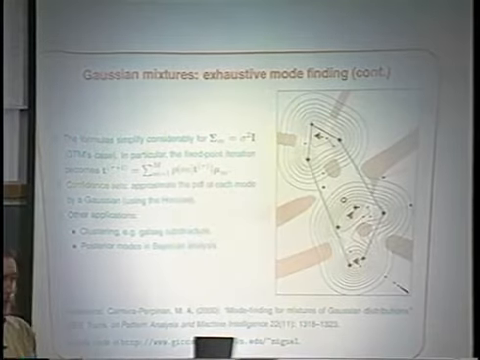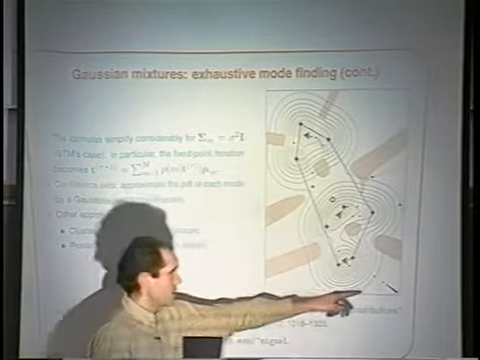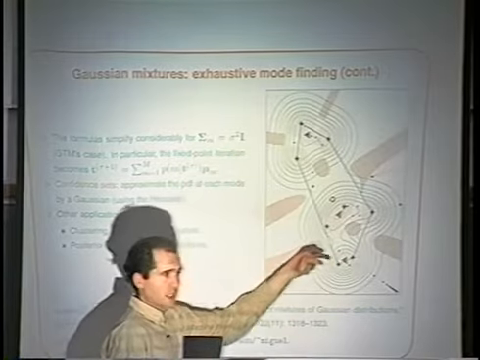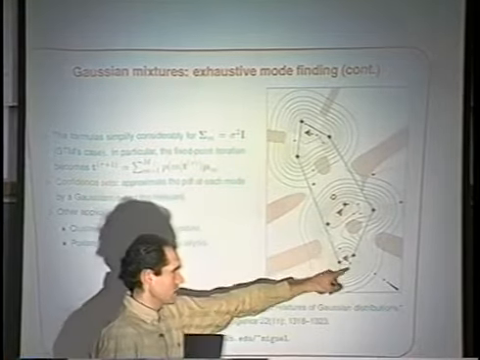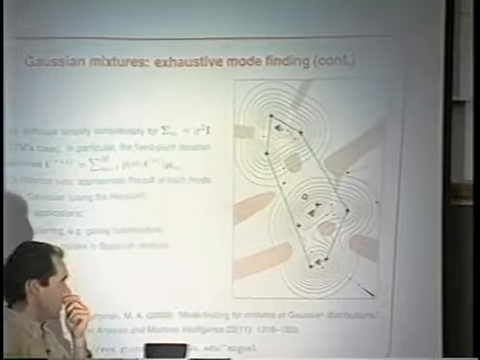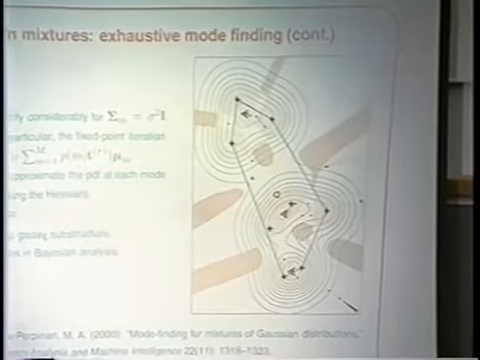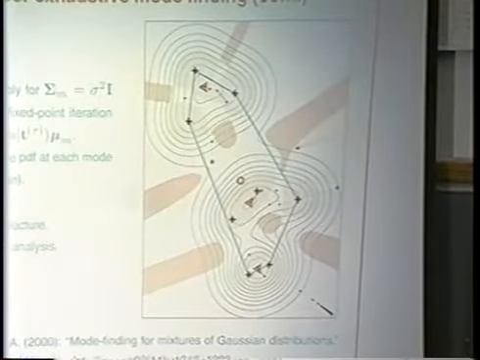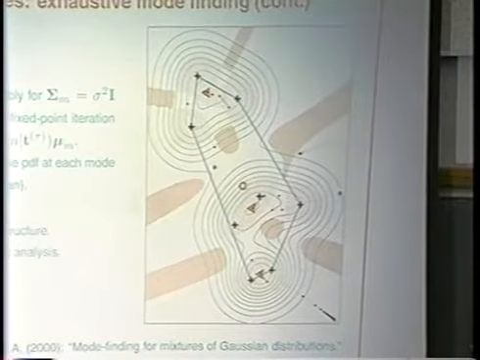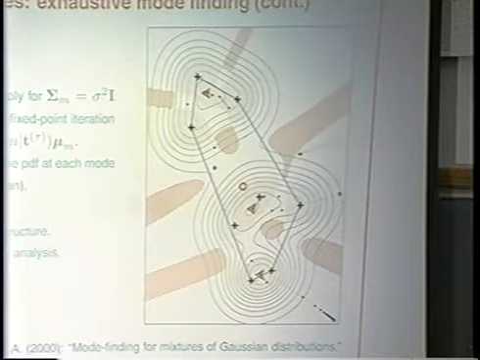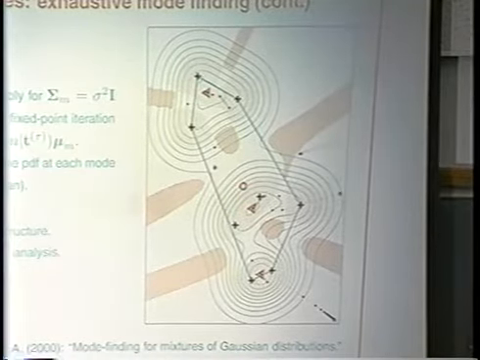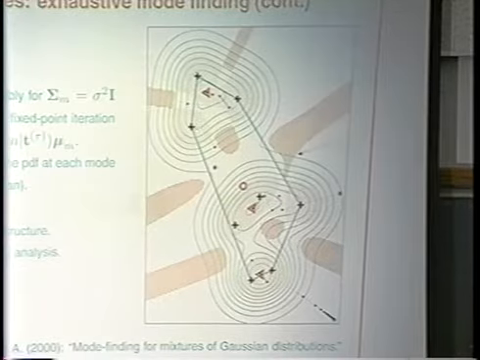One is just gradient ascent. So you start somewhere, follow the gradient, and that will end up in a local minimum in one of the modes, in this case that one, for example. You can also use quadratic optimization. You need to compute the Hessian. That's easy with Gaussian mixtures. And then there is a third method, which is a fixed point iteration. That's also easy, thanks to the tractability of Gaussian mixtures. In any case,